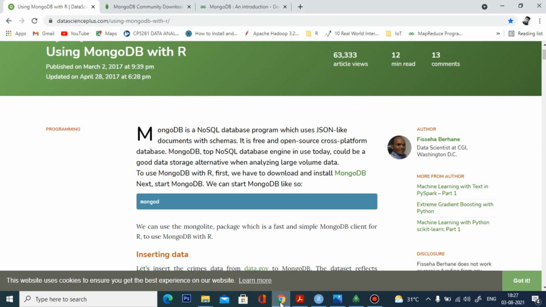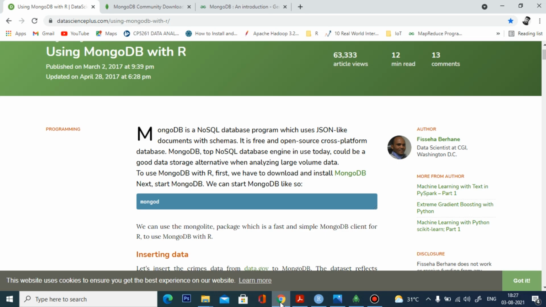MongoDB is one such NoSQL database that scales by adding more and more servers and increases productivity with its flexible documents. This is why we are going to be using MongoDB. MongoDB is very suitable for large volumes of data, as well as for storing non-structured data. So that's why we are using MongoDB.